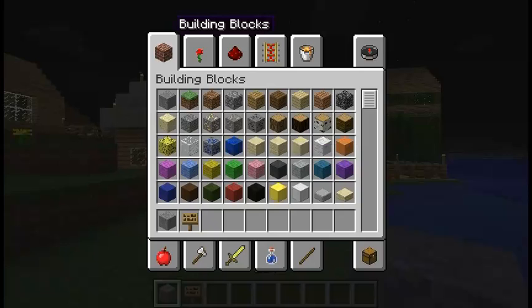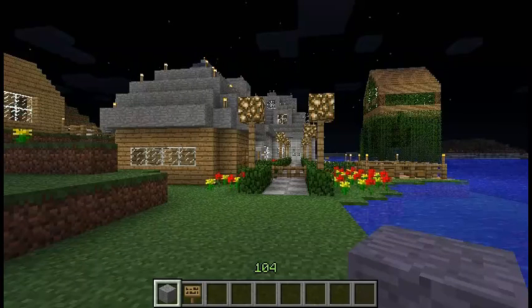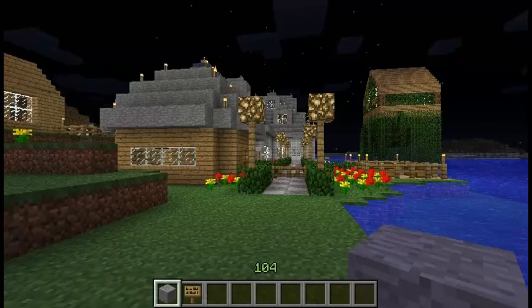Right, so that's what I said to him, and then he replies, "Hey Simon, I think my biggest question is how to fill in blank spaces inside a building and outside. When I started this world, I was planning on making a nice house and maybe a city in the future. I still have a lot of plans in this world, like shops, restaurants, and all that stuff. So maybe if you could give some feedback about my current house, so I know if I'm doing it a good way and what I could change in the future with other builds."